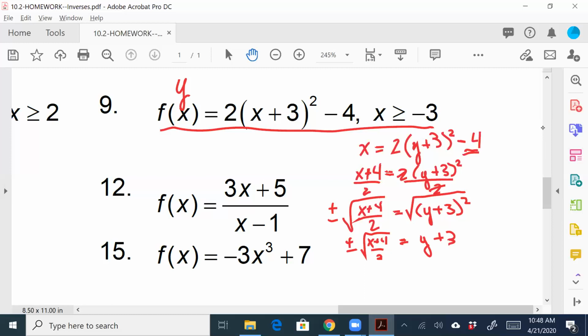So I'm going to write that minus 3 off to the front of this. So there's minus 3 plus or minus the square root of x plus 4 over 2 is equal to y. And so f inverse of x equals